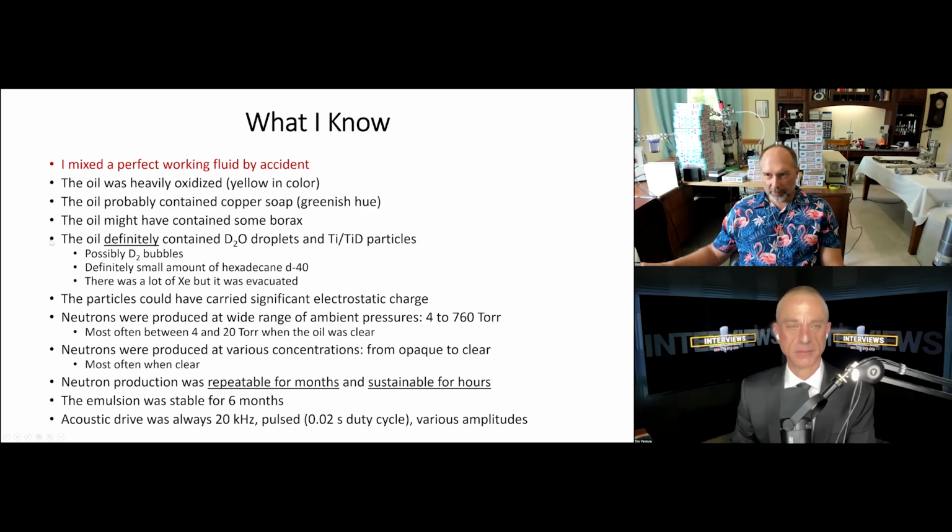And you can see borax boxes in the back, so it might have been that some borax got into it. I know for a fact that my oil contained DTO droplets because I introduced heavy water, and it did contain some titanium deuteride particles because in some experiments I used titanium deuteride powder. And some other chemicals that I used on and off, but I think those are the most significant ones